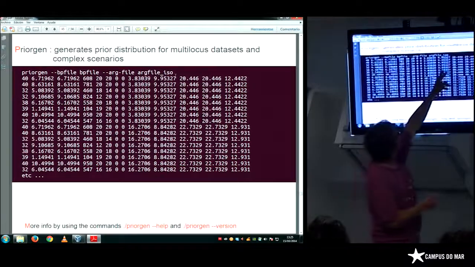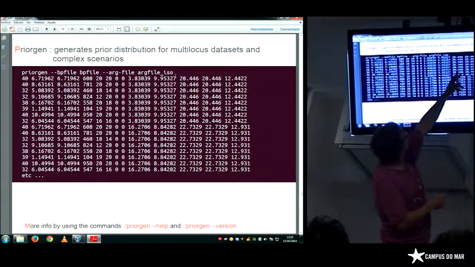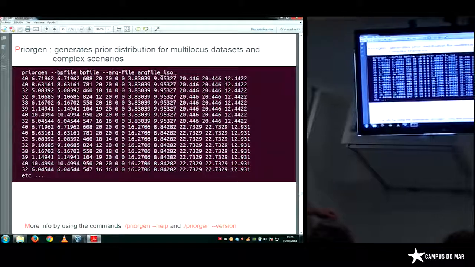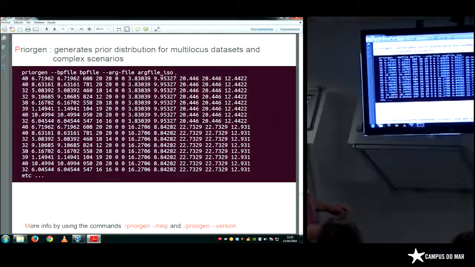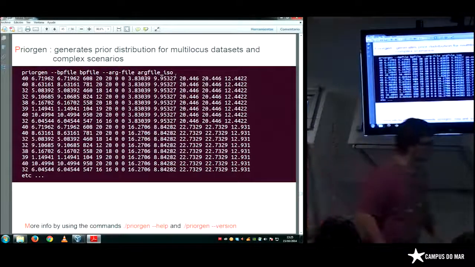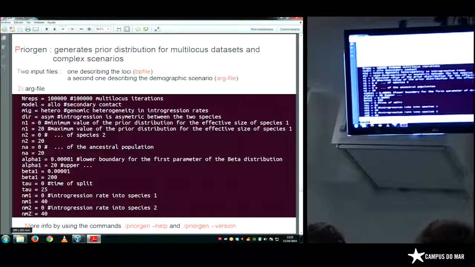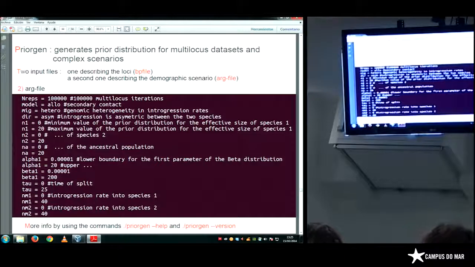And here you have the beta, the parameter of the beta distribution, to simulate heterogeneous gene flow. And what I forgot, it's written in the position. So NM should be 0.